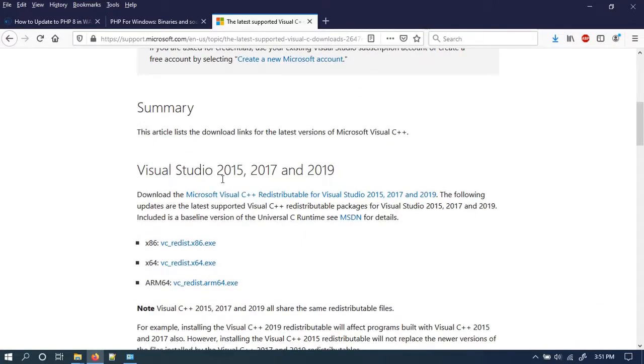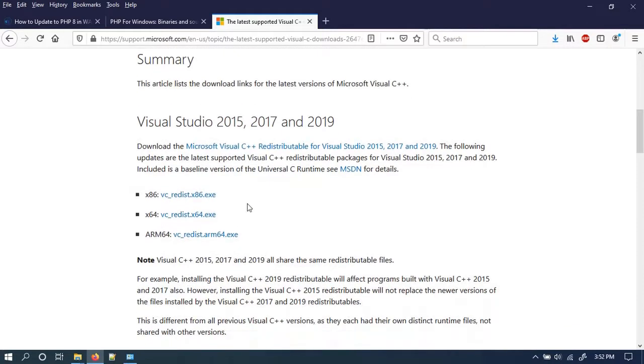They have one installation that includes the redistributable package for Microsoft Visual C++ of 2015, 2017 and 2019. If you are using a 32-bit computer, just download this one, but if you are using a 64-bit computer, I suggest downloading both the 32-bit and 64-bit and then installing both. I am using 64-bit, so I'll be downloading both.